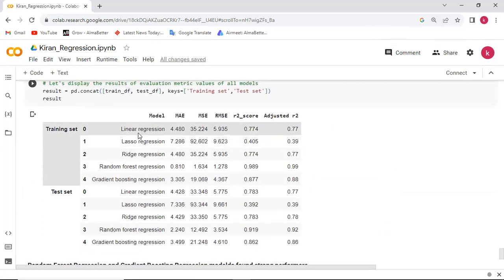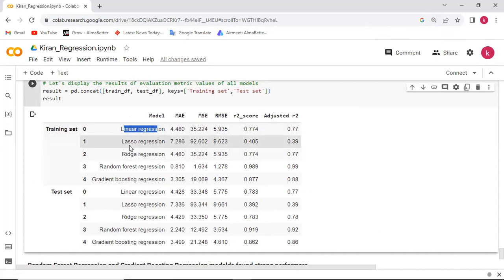The five algorithms are: first linear regression, then lasso regression, then ridge regression, then random forest regression, then gradient boosting regression. We performed these five algorithms on both the training data set and the testing data set.